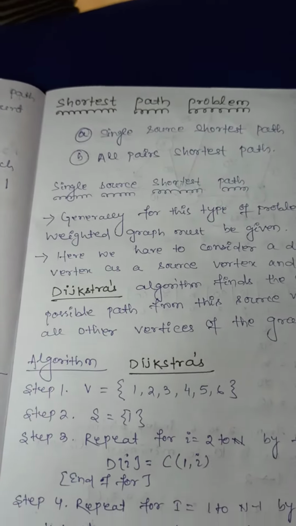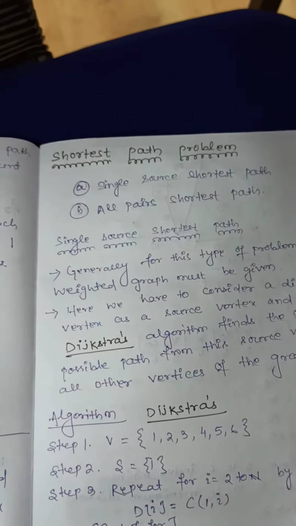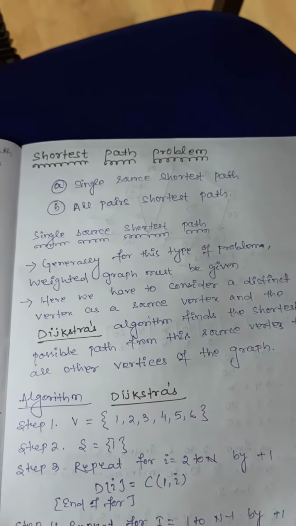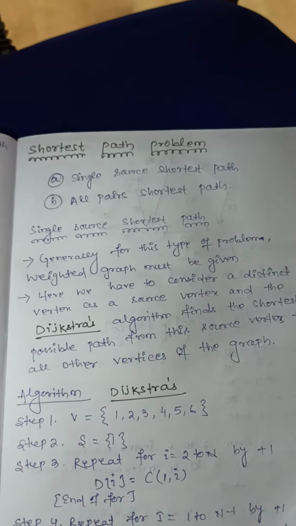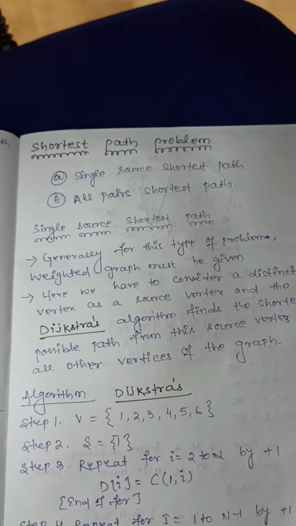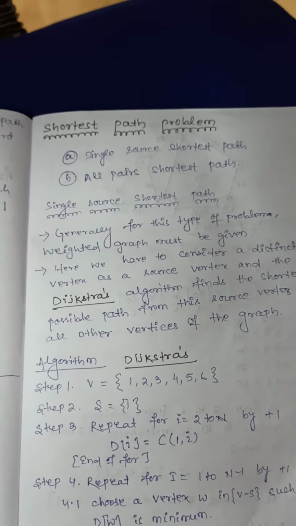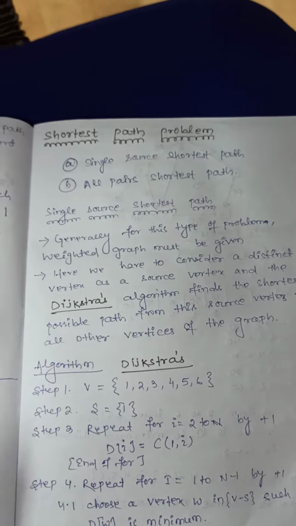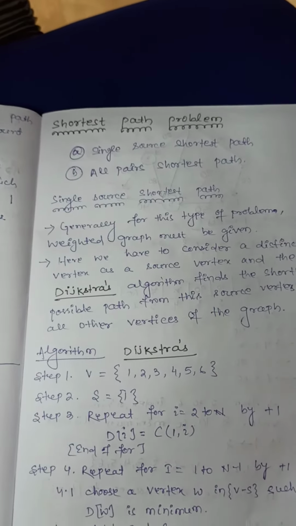Hello students, this is my next class where I will talk about the shortest path problem. So shortest path is of two types, where we have to choose a single source and find out the distance from that source to every other vertex. Another one is between all pairs of vertices, what is the shortest path that we have to find out. So the shortest path problem is of two types: one is single source shortest path and another one is all pair shortest path.